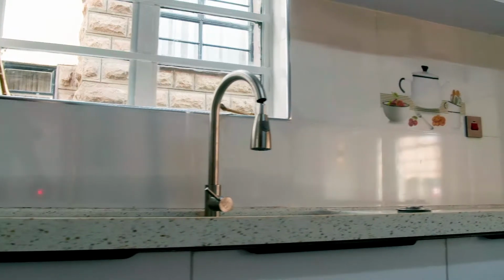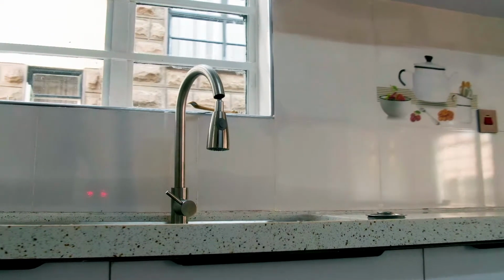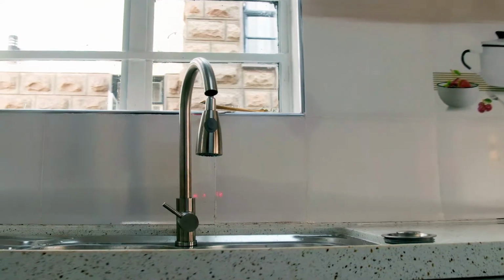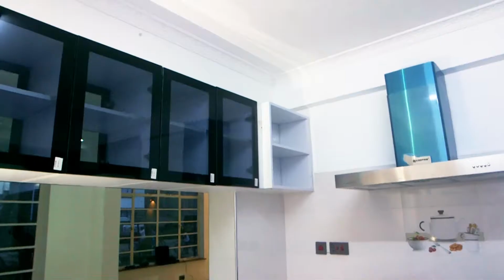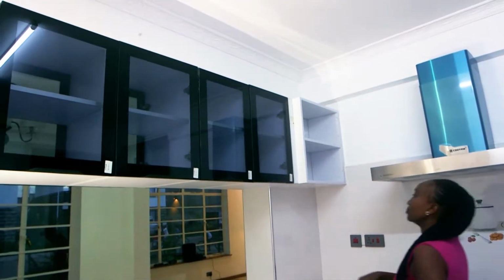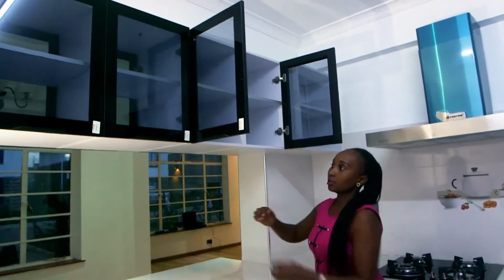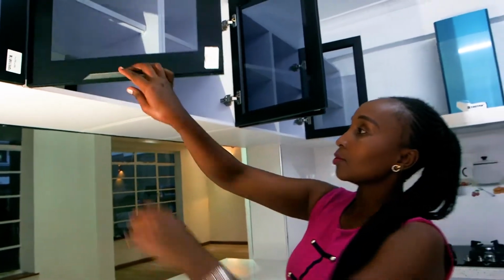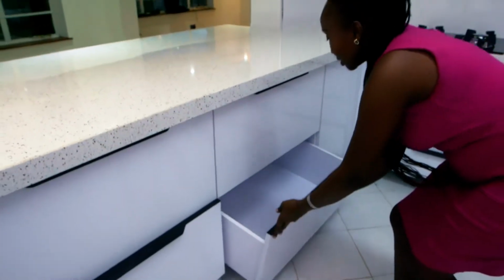Everyone's dream kitchen includes a complete set of high-end appliances, and this kitchen is not an exemption. So guys, allow me to take you through so that you can see what I'm trying to say. We have our fitted kitchen cabinets which are easy to open and close, leaving you a scoop of space to personalize your kitchen. You just arrange your kitchen the way you love it, that's why we've left some space for